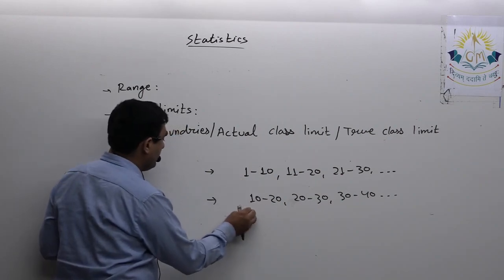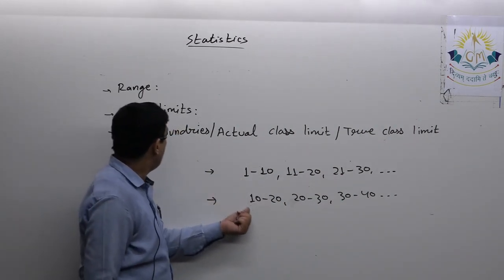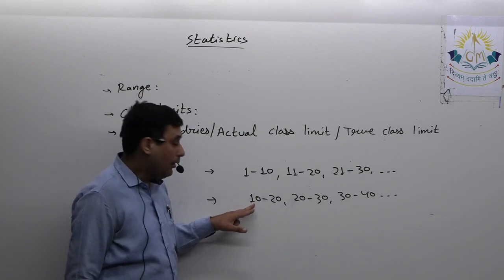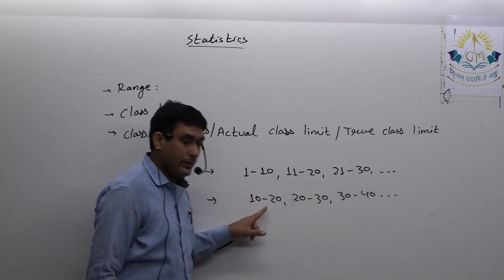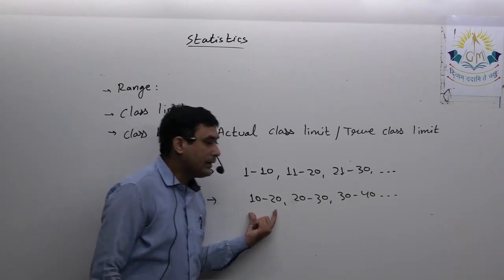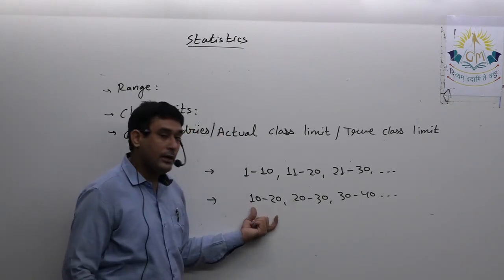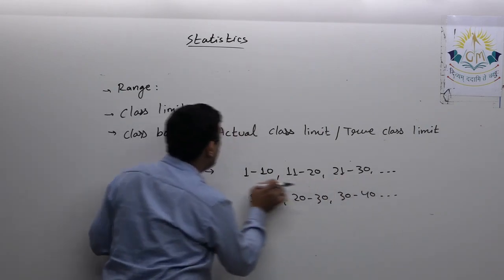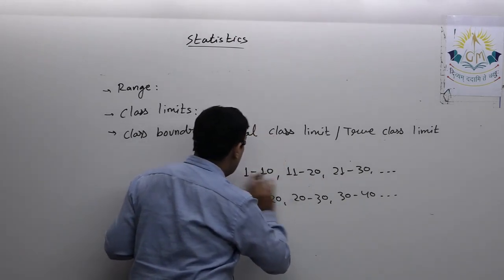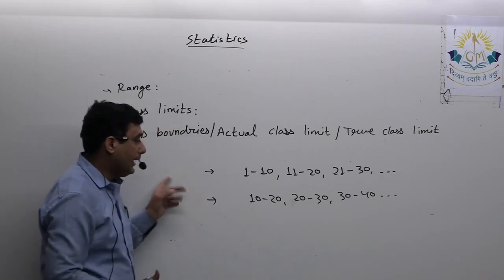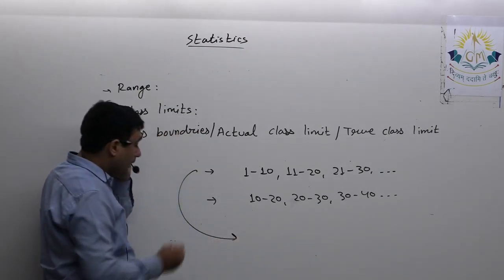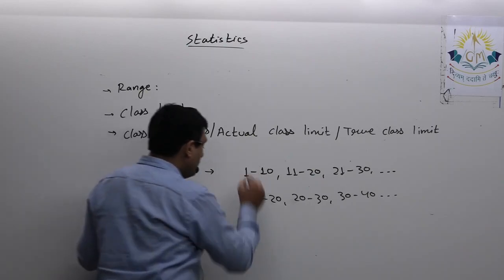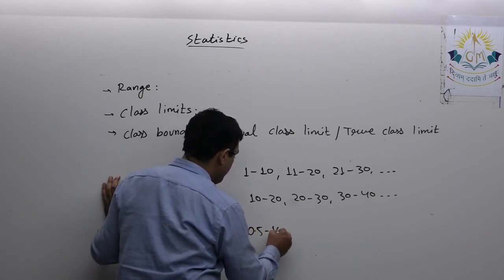For this second distribution, definitely class limits and true class limits are the same. Here I can say this is the lower class limit, or I can say this is the true lower class limit. Or I can say 10 and 20 are the class boundaries for the first class, or the actual class limits of this first class. But over here it is not possible to find class boundaries until we convert it into the exclusive form. And just now we saw how to convert the class intervals into the exclusive form. So when I convert this into exclusive form, I will get something like this.